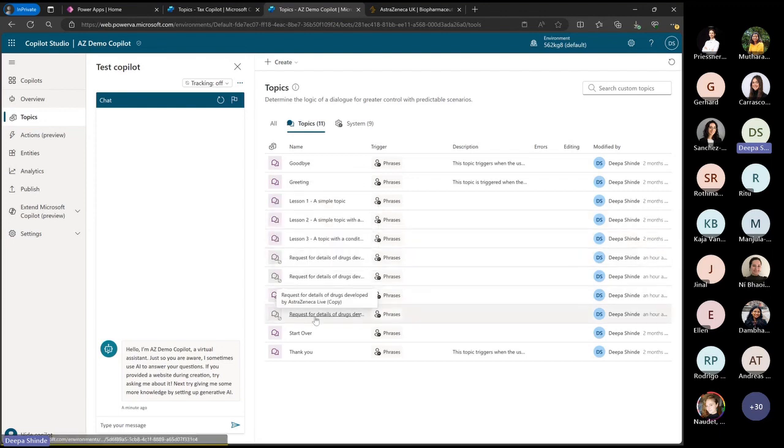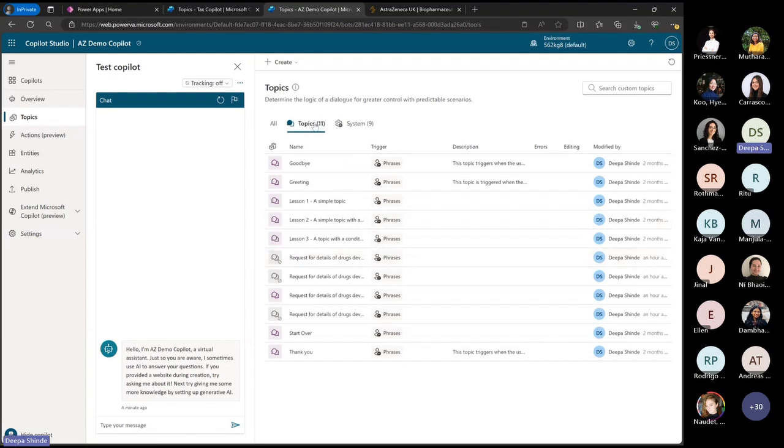Now you can see some topics in here. These are created by me specifically, and I'm going to show you one of those actually. Where you see this gray icon, what I have done is create a topic and then mark its status as disabled. So if you want to disable some of the topics, you can do that. Topics are of two types.